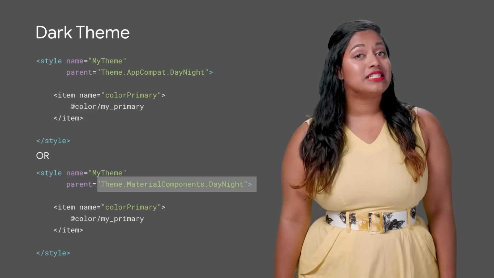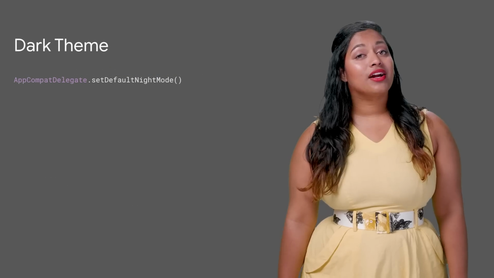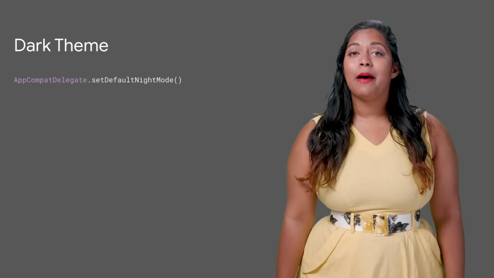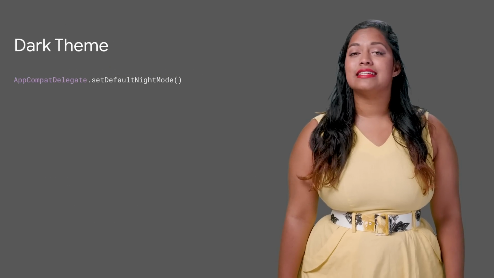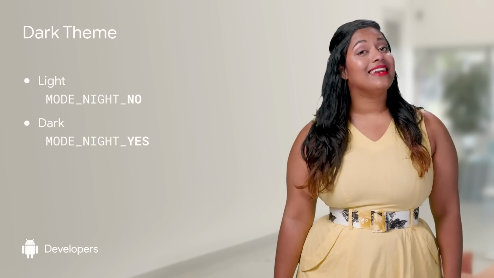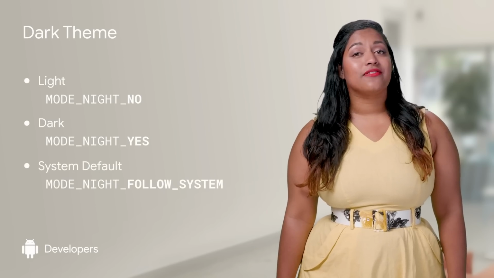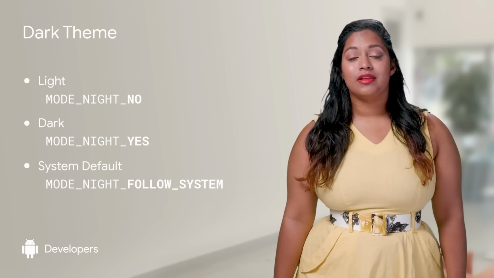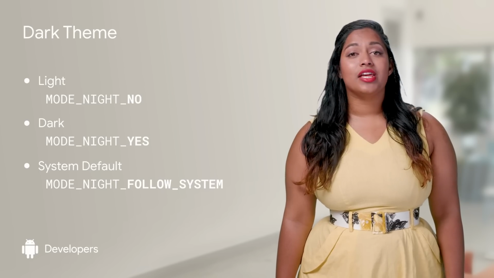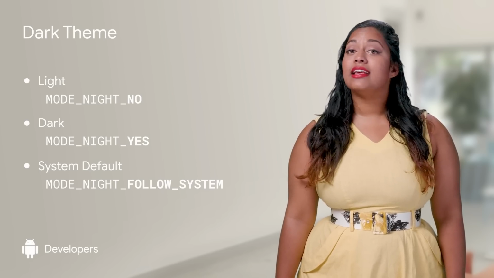Theme.AppCompat.DayNight or Material Components. From there, you enable the feature by calling AppCompatDelegate.setDefaultNightMode. The recommended values for this are MODE_NIGHT_NO for light, MODE_NIGHT_YES for dark, and MODE_NIGHT_FOLLOW_SYSTEM to use the system default. Keep in mind that the passed-in value is not persisted, so you need to set it each time your app